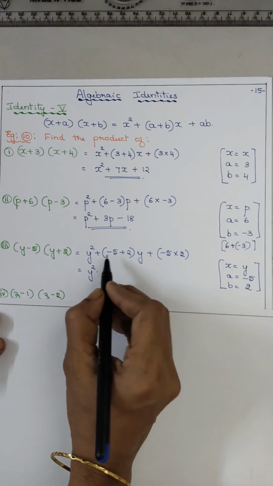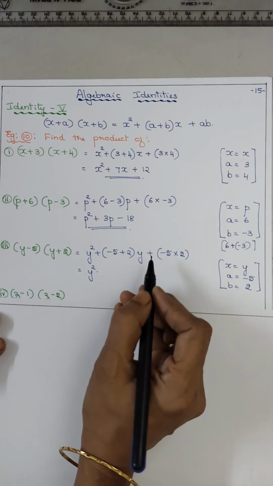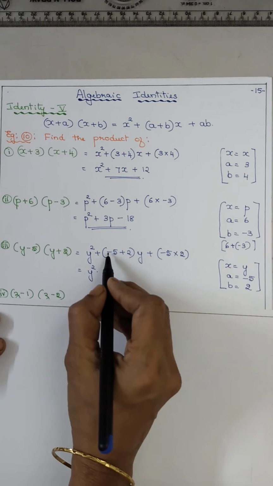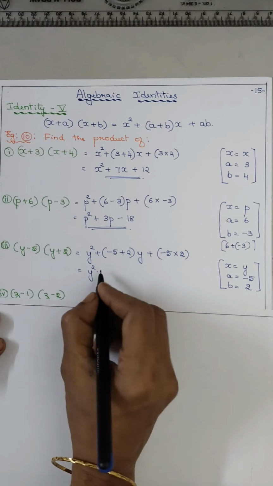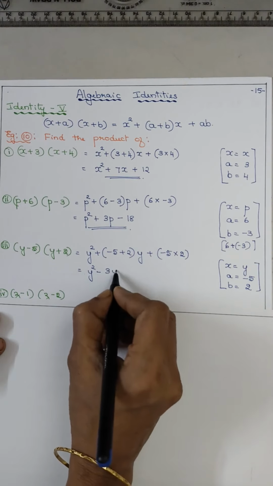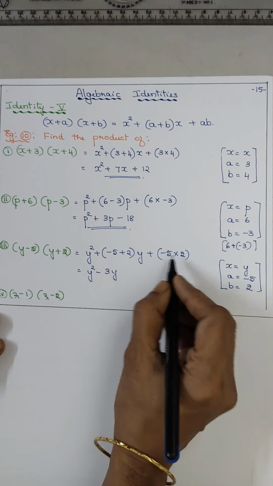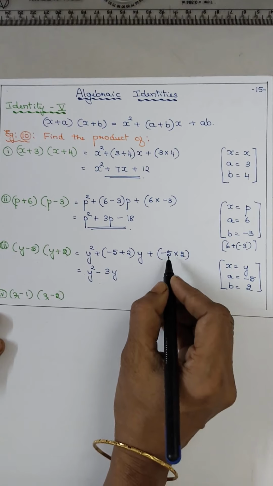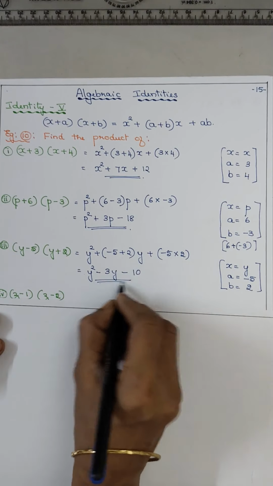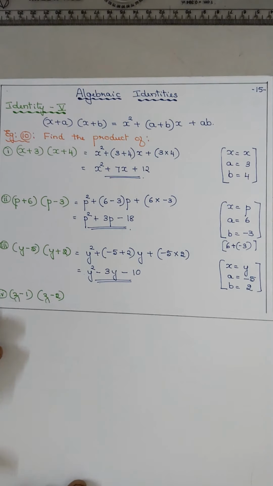Integers, when the signs are different, you have to look for the difference, meaning subtract. What is the sign of the bigger number? Minus. So minus 5 minus 2 is 3y. Now in multiplication, different signs, so minus 5 2s are 10. So you got y squared minus 3y minus 10.